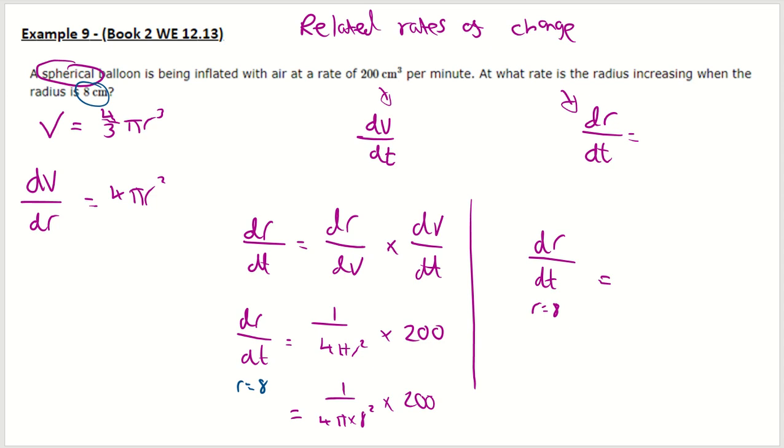You can do this as one fraction or one fraction times one whole number. It doesn't really matter, it'll give you an equivalent thing. So 1 over 4 times pi times 8 squared, and then all that times 200 is going to give me